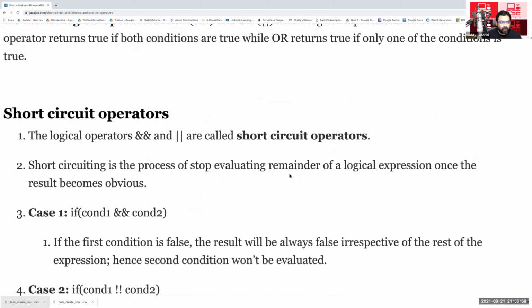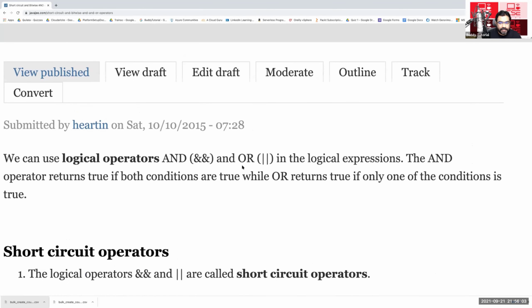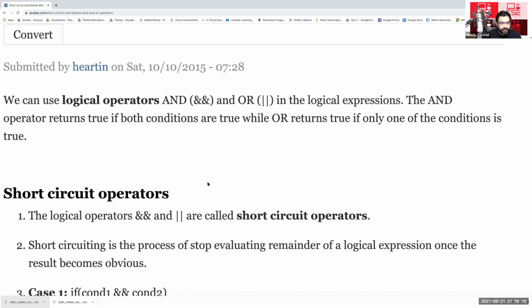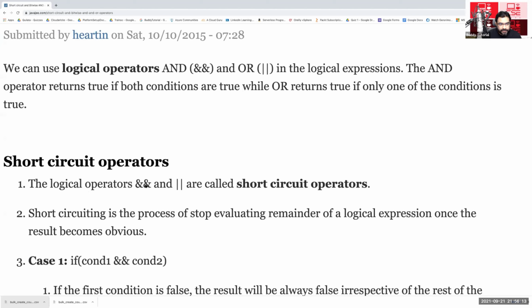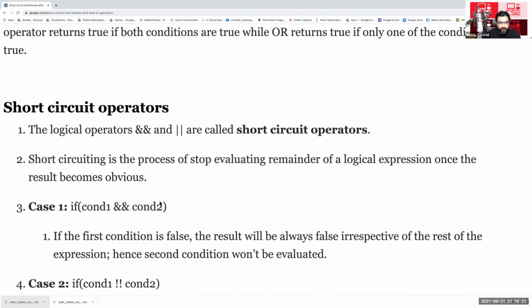The concept of short circuit operators: the logical operators and, or in logical expressions. The and returns true if both conditions are true; or returns true if only one of the conditions is true. That is clear. The logical operators && and || are called short circuit operators, meaning if you have two conditions, condition 1 and condition 2, and this is an and operator, for this if to be true, both of these have to be true.